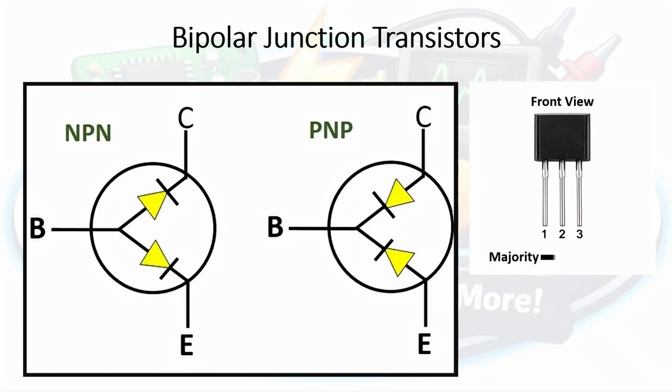Now, for most transistors, the majority of bipolar junction transistors that is, the base is the middle pin. However, in some cases, for some transistors, the base is pin number 3, the one on the right. I gave some examples of such transistors: the A1015, the C1815, and the C945 transistors. Their base is actually pin number 3. Now, to know whether a transistor is PNP or NPN, the first thing you need to do is use your multimeter, put it in diode mode, and tap one of the probes of the meter at either pin 2 or pin 3.